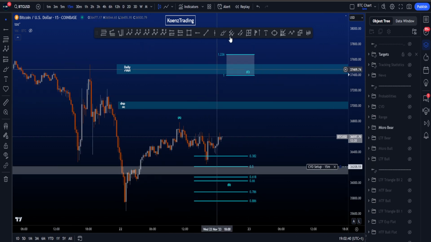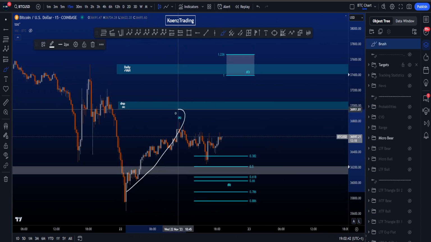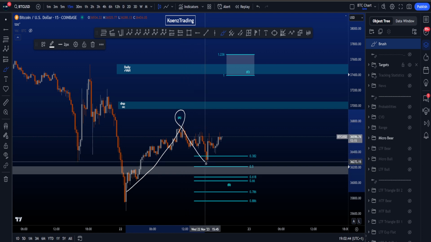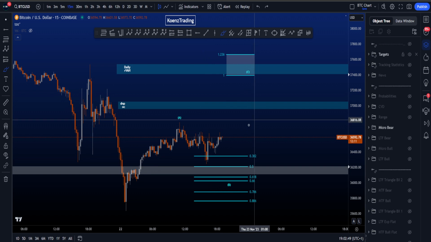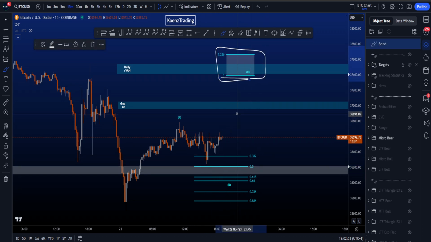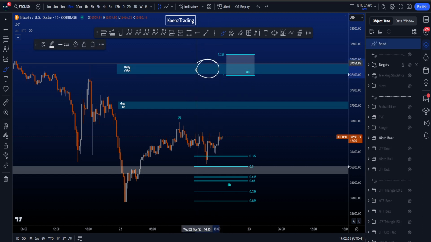If we then zoom in to the micro, which is in confluence with this more bearish scenario, we're looking for a 3-wave structure to the upside. So now this becomes a wave A, a 5-wave move to the upside. Wave B is potentially already in, and then you're going to be looking for a wave C to the upside. Now, if this is the low of B, then the most common target area for C is right on top of this blue box,